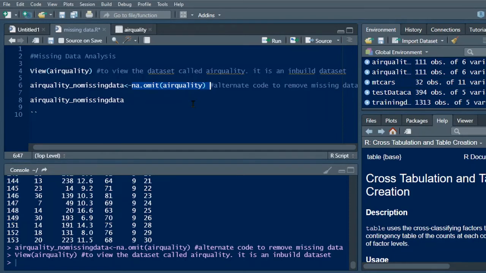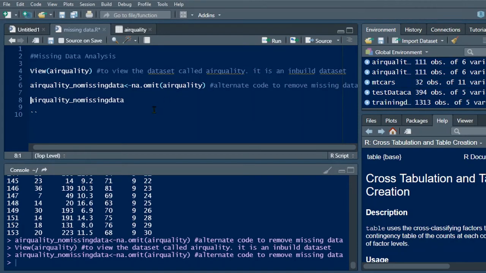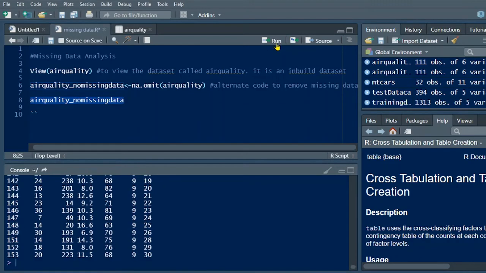So the keyword to delete the missing data in the given data set is na.omit and then the data set name. Then click run. Now to view the cleaned data set, we have to type the vector name, airquality_no_missing_data. Then select it, then click run.